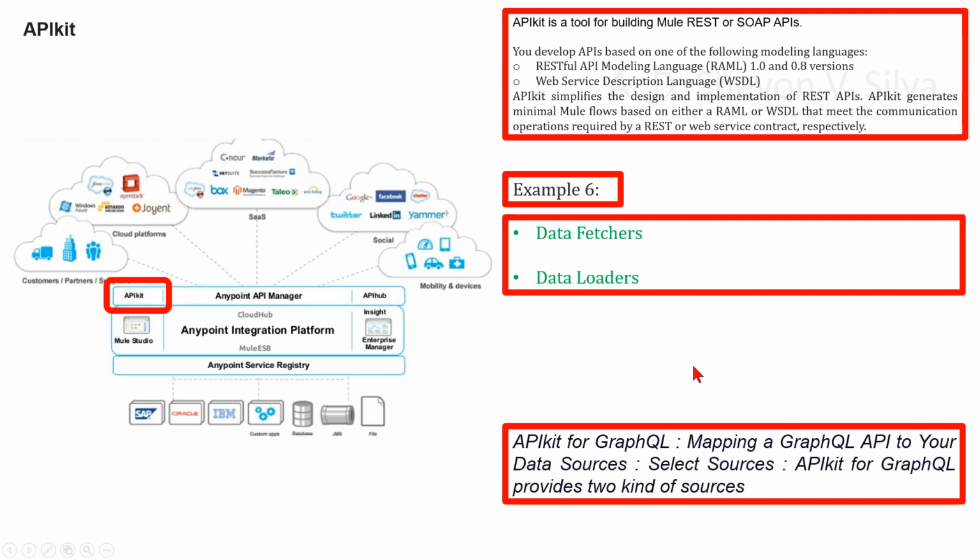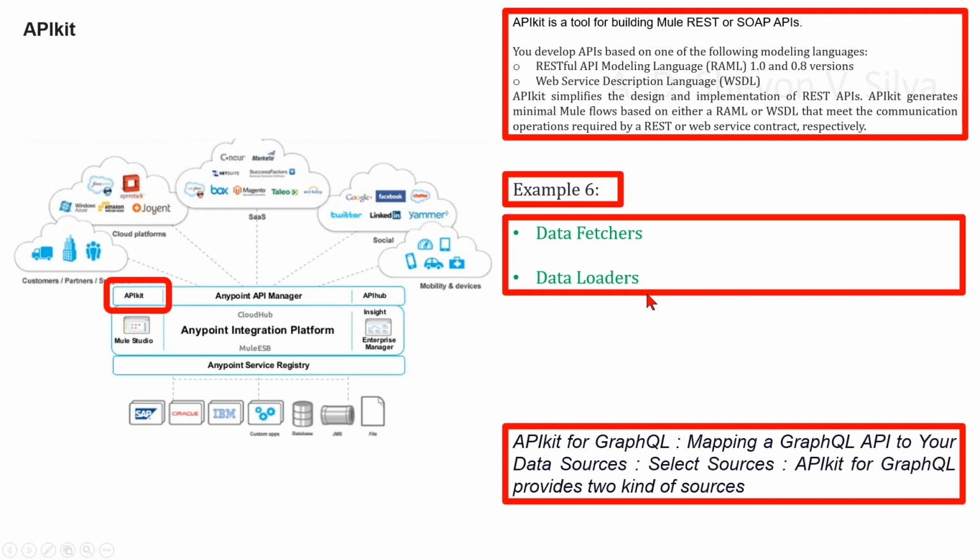Now we are considering selecting sources in mapping a GraphQL API to your data sources in APIkit for GraphQL. Module sources vary depending on the implementation of your GraphQL API. APIkit for GraphQL provides two kinds of sources, data fetchers and data loaders. Your selection depends on your implementation needs. GraphQL is transport layer agnostic, so you choose the main connector listener depending on the protocol that you want to serve